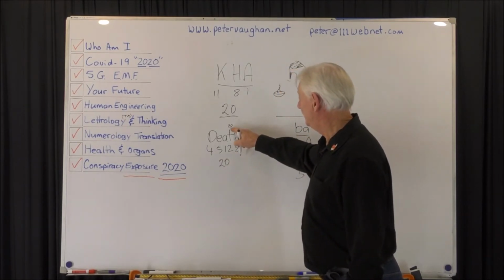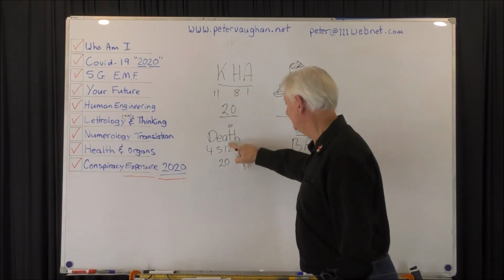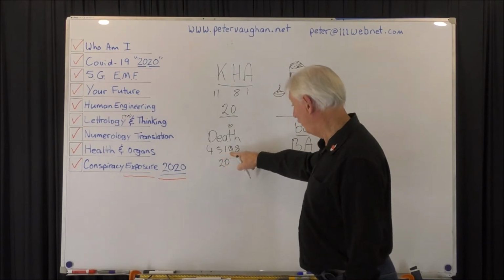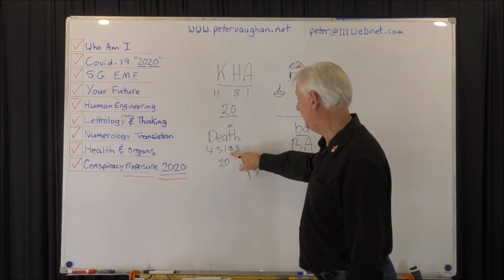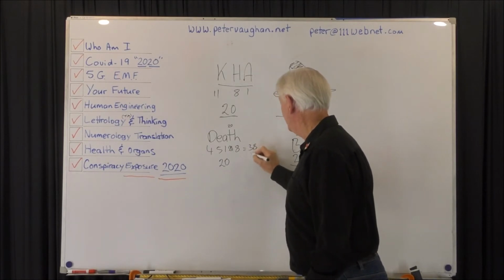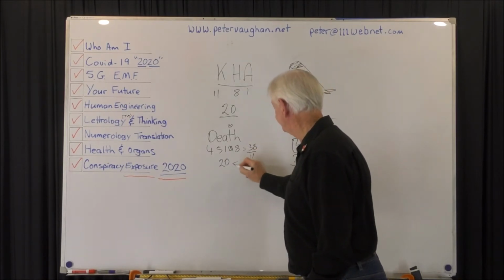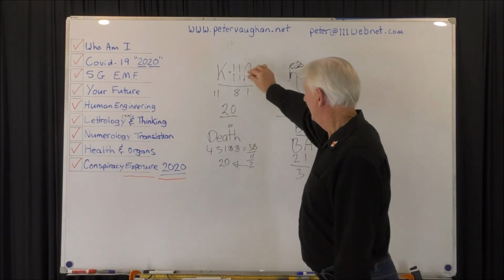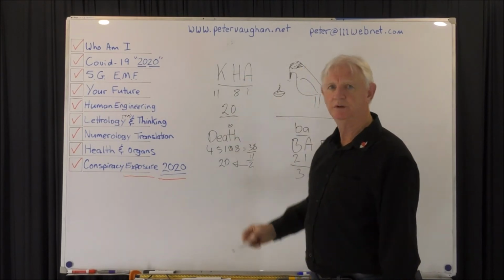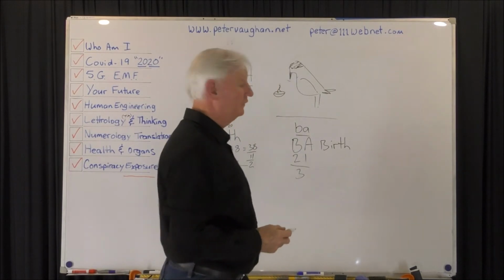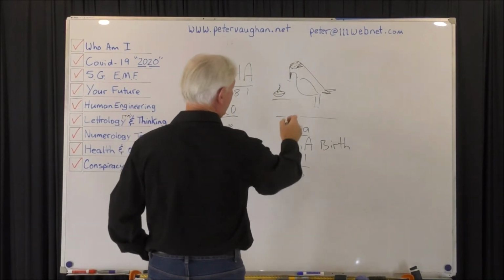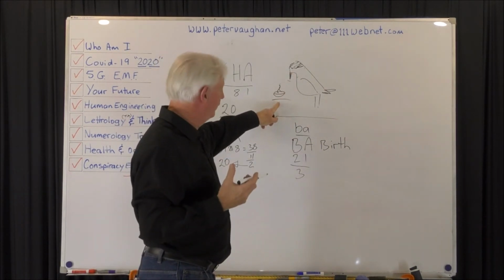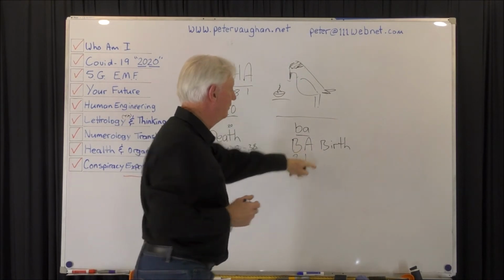But if I add that as a 20 rather than as a 2, 4 and 5 is 9, 10, 30, 20 and 10 and 20 is 30, 38. 3 and 8 equals 11, 1 and 1 is 2. So it doesn't matter which way you look at it. Ka and death, this is hieroglyph, this is English, they both have the same frequency in the long run, even though they've got different symbols. And for the life, for the breathing light that this birdman and an oil chalice represents, life and burning, it's called Ba, B-A, and the word birth,